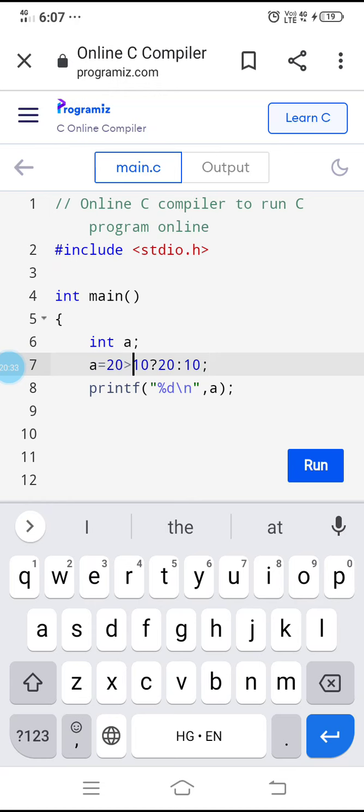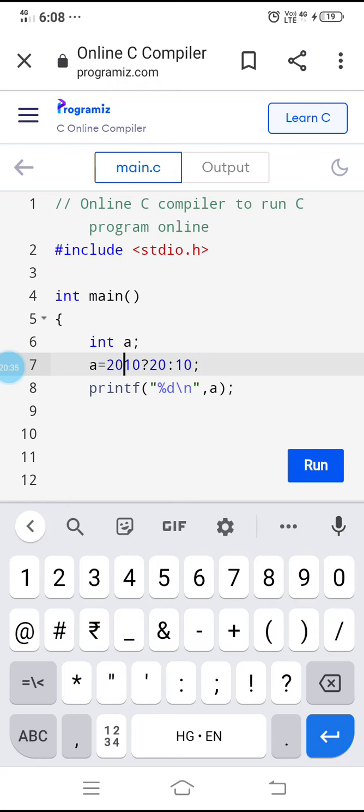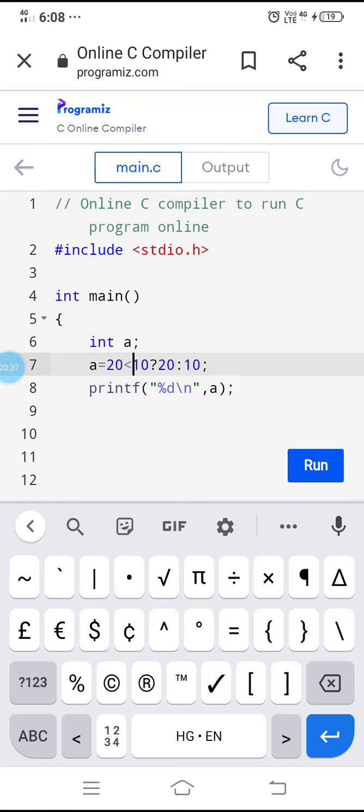For example, if I want to make this false, I am reversing the condition like this. This time it can be false. Now 20 is less than 10, which is impossible. 20 is bigger than 10, so it's a false statement. Whenever the condition is false, we have to go for the colon side, this one. So the 10 will be the result. Now what will be the result?